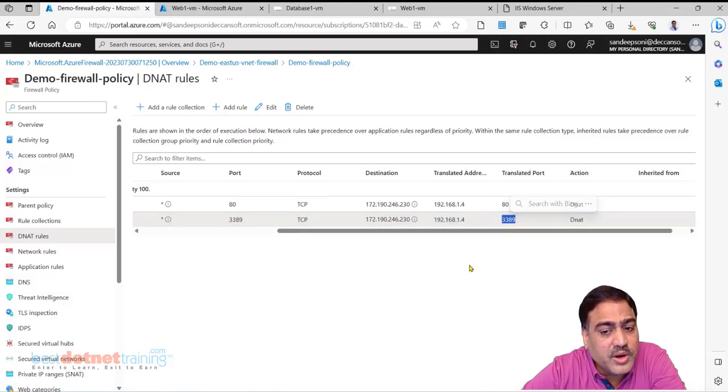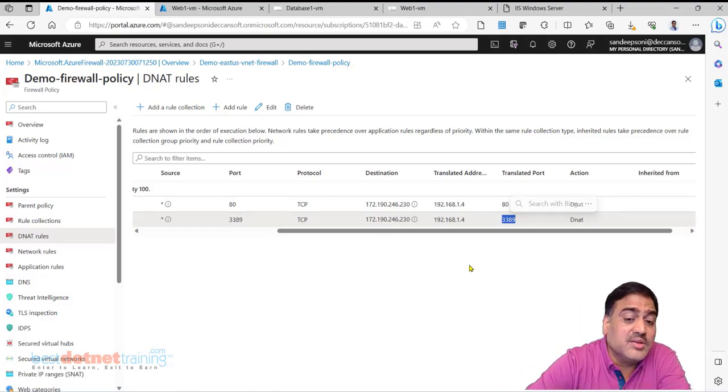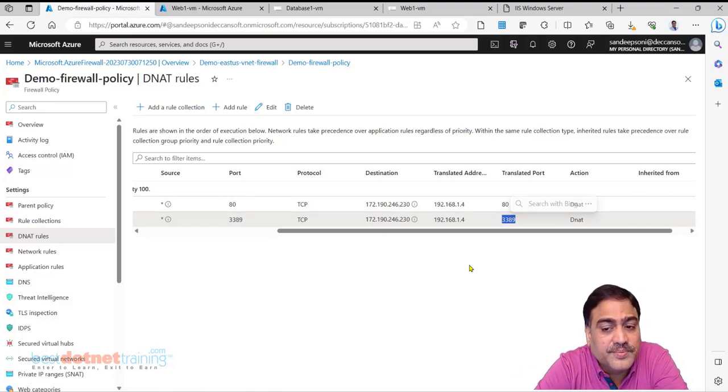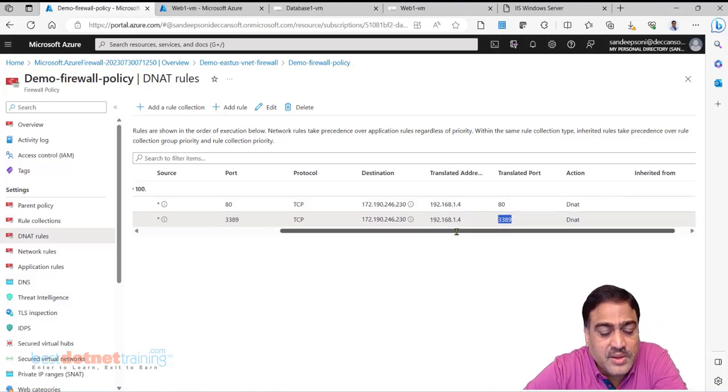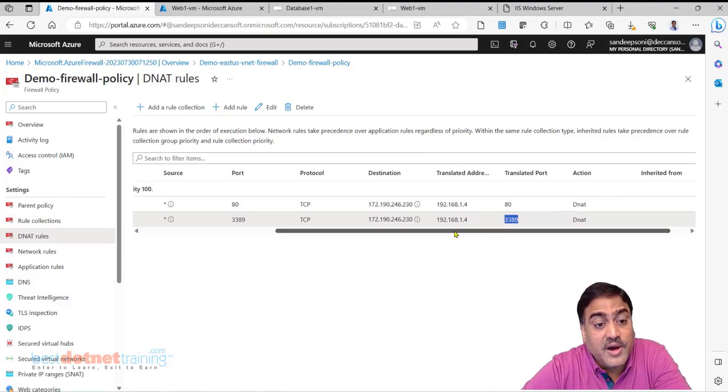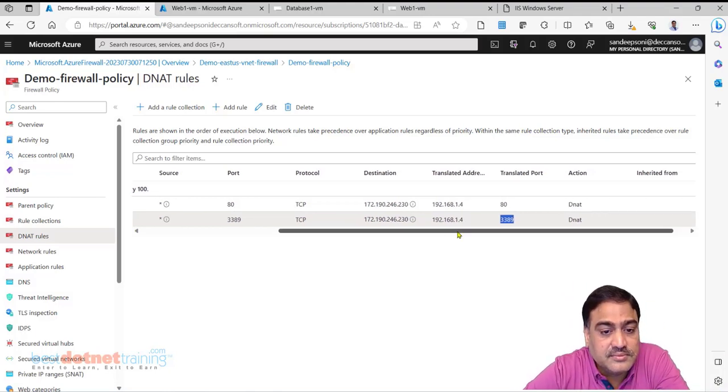But what if I have to connect to Web2 VM, which is also, imagine, in the same subnet? This will not work. So what should we do? We have two options. One is, to the firewall, you attach one more IP address. Definitely you have to take the cost of one more IP address. That is additional cost. IP addresses are not free. And choose that IP address for Web2 VM.